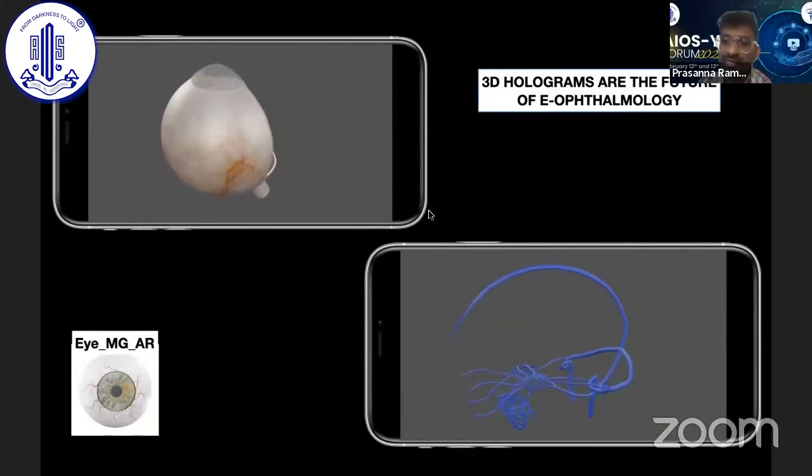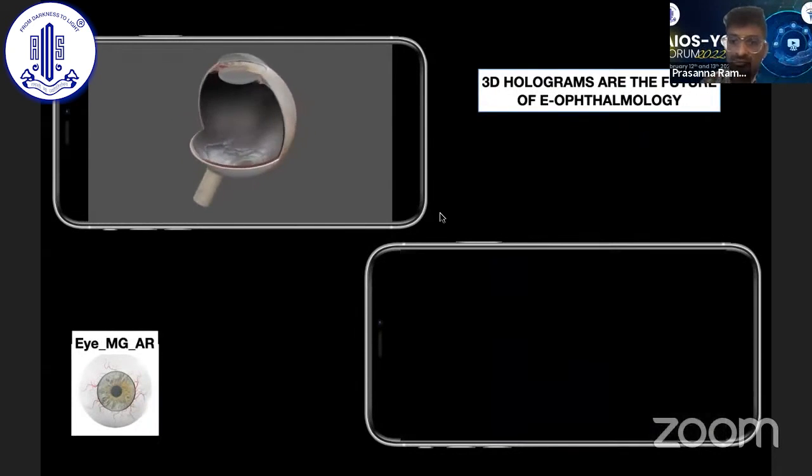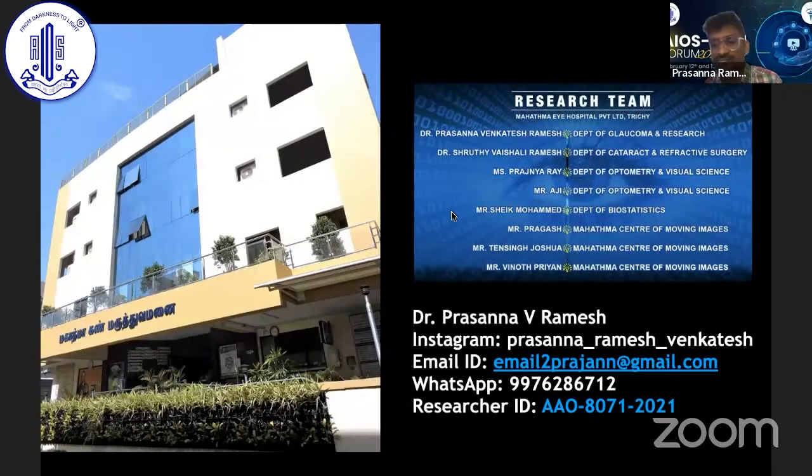And the future is going to be augmented reality and extended reality. This is my daughter playing with the VR headset that we have innovated. So I think in 5 to 10 years, every home will have their